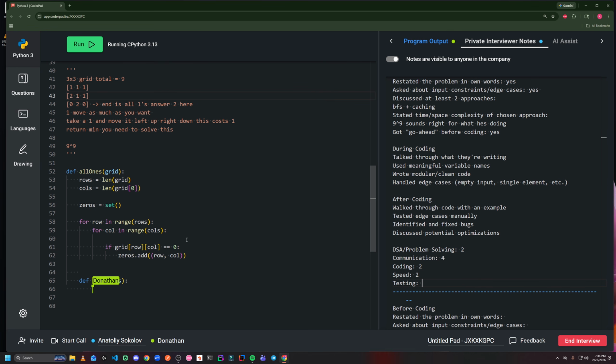So okay. So for my DFS, my base case is going to be that this zero set is empty. So if it's empty, then I want to return the number of moves it took to get there. And then if it's not empty, then I want to